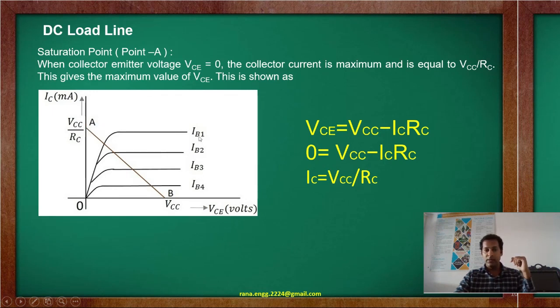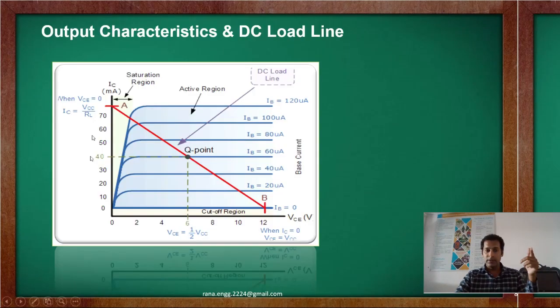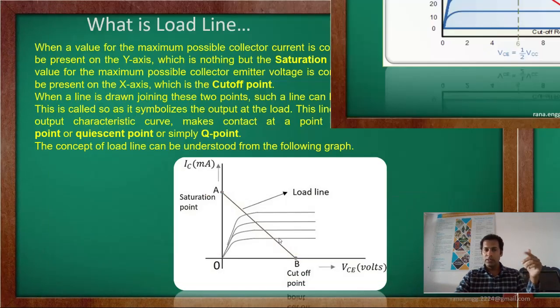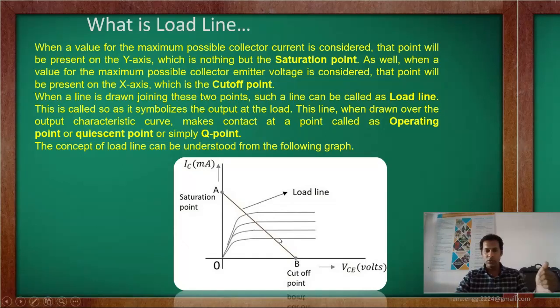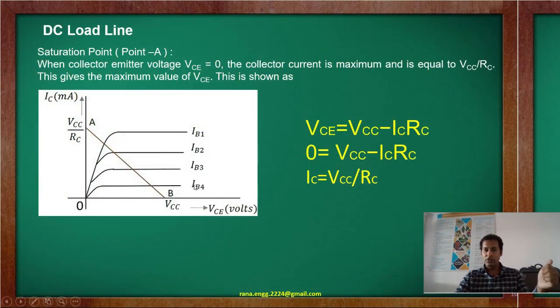Here we can see IB1, IB2, IB3, IB4, the changing values of IB, the input current we are changing. In the expanded form of the diagram, we have seen it with all the details. This is the detailed diagram with all the current values and voltage values. This is the simplified diagram you can use to remember or practice, right? And here we are showing it may be 20 microampere, 30, 40 or any other value that we are setting